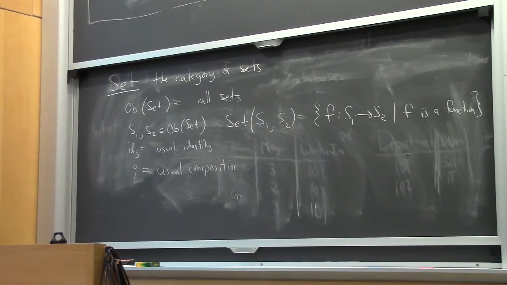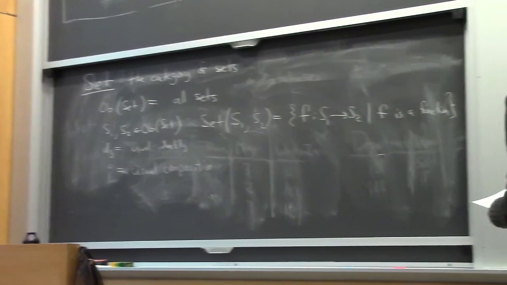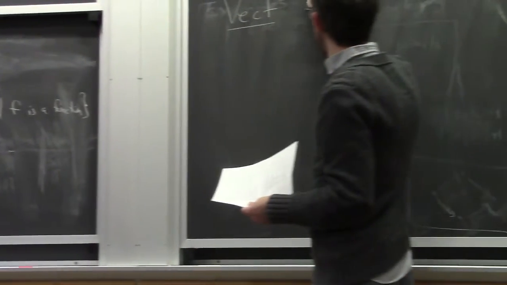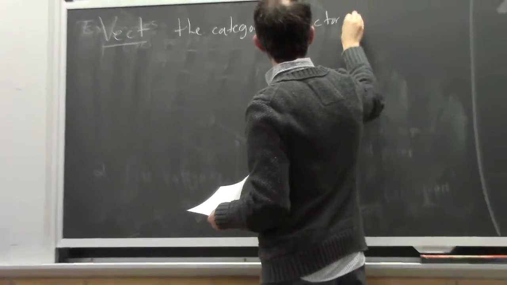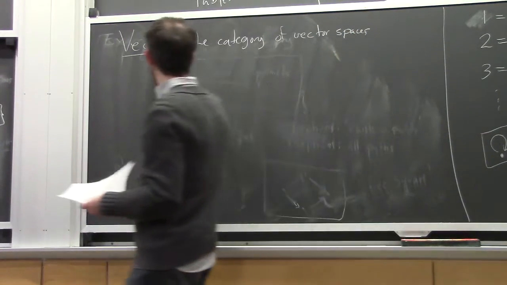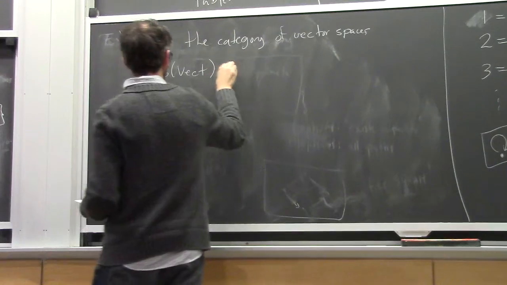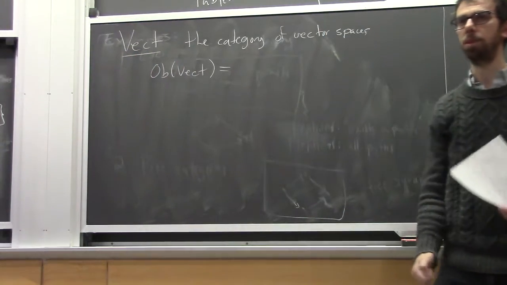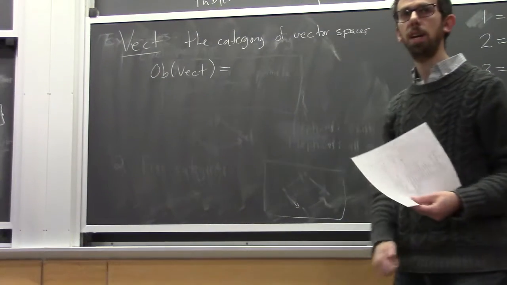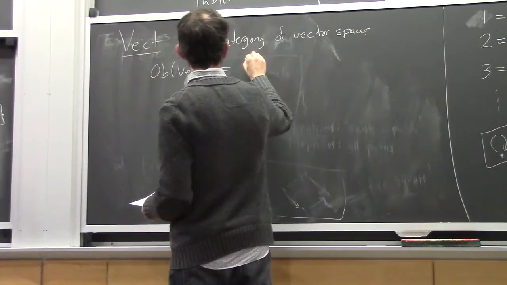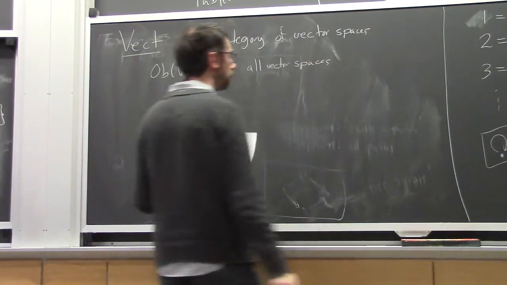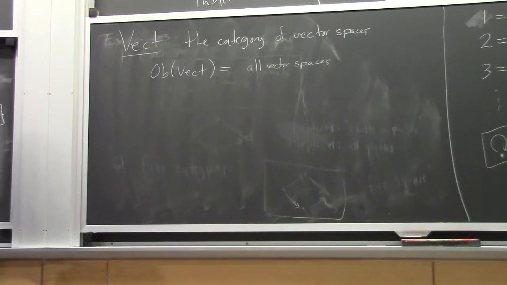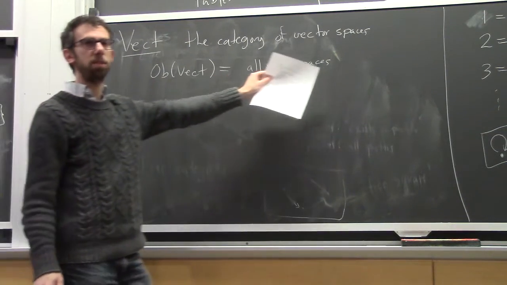But there's also similarly the category of vector spaces. And I'm not expecting you to know what a vector space is, although many of you probably do. And here, the objects of Vect. And you can replace Vect in your mind with the category of groups, or the category of rings, or the category of topological spaces, if you know what any of those things are. But the objects of Vect are all vector spaces. There's also a category of finite dimensional vector spaces. There's a category of vector spaces of dimension 17. The objects of the category of vector spaces of dimension 17 are all vector spaces of dimension 17.